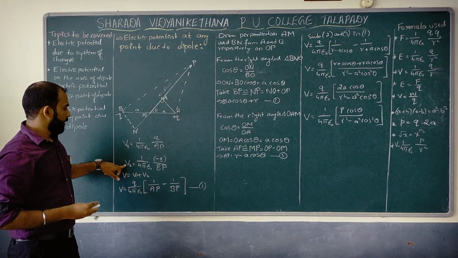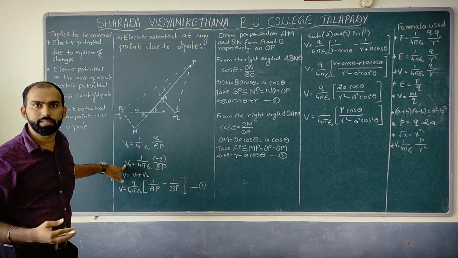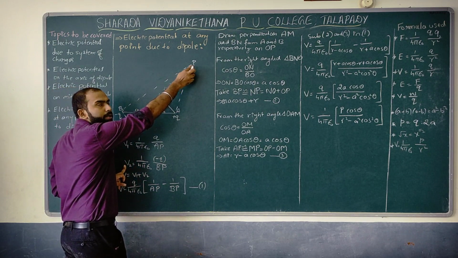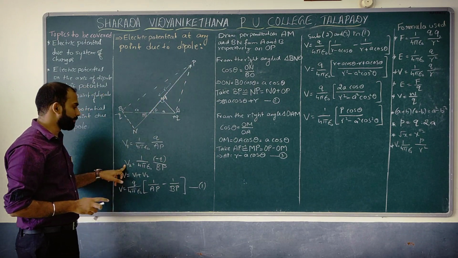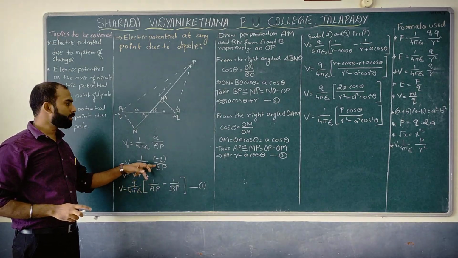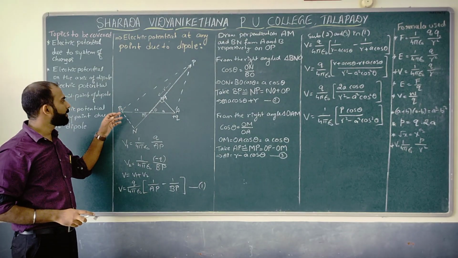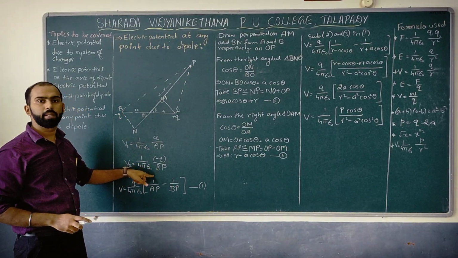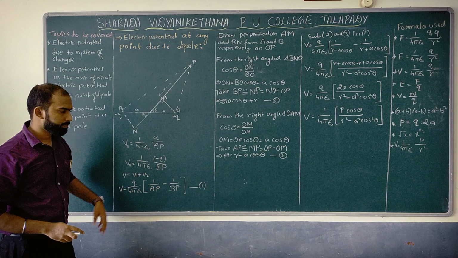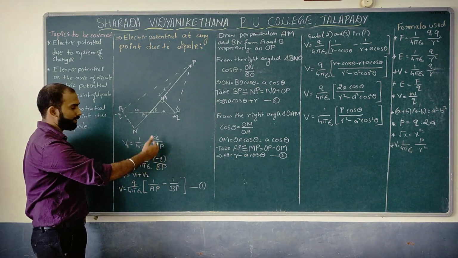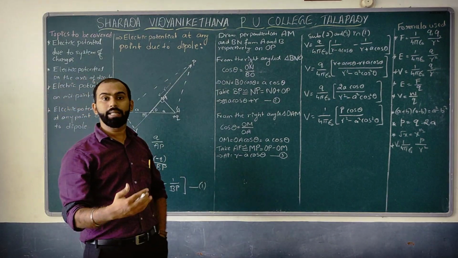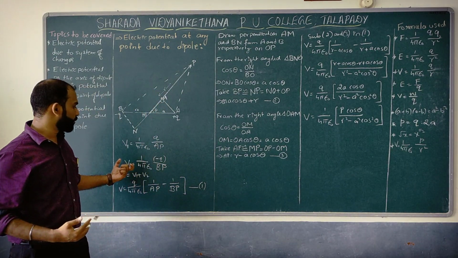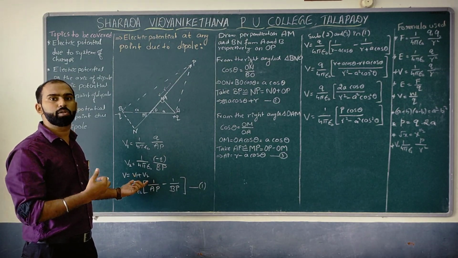One more charge we have kept, since it's a dipole, that is minus q. What is the electric potential at the point P due to minus q? Which is nothing but 1 by 4 pi epsilon naught minus q divided by the distance from here to here, which is nothing but, can I say PB or BP over here? For the time being, you take these two. Then how to get the net potential? Which is nothing but add V1 plus V2. You can expect the net potential over here.